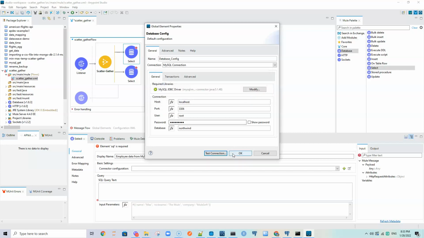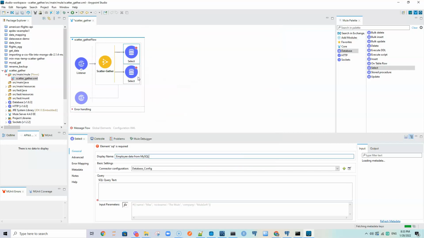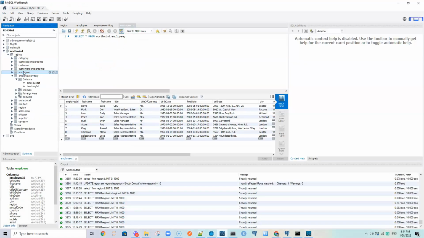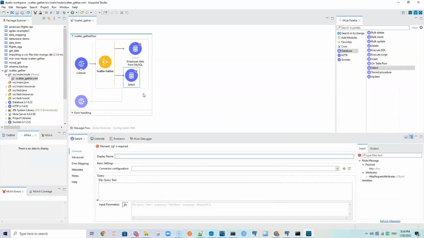Okay, connection successful. Next, let's connect Postgres. So to connect Postgres, let's first set the display name. We said we'll get employee from MySQL, and we are assuming employee territory is in Postgres. So this one, let's call it employee territory from Postgres,